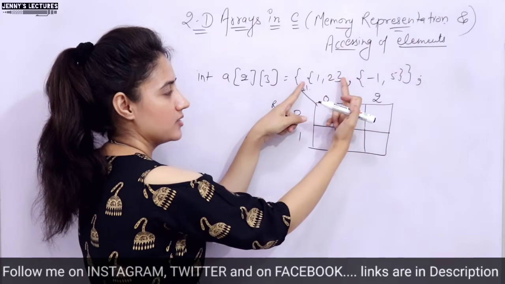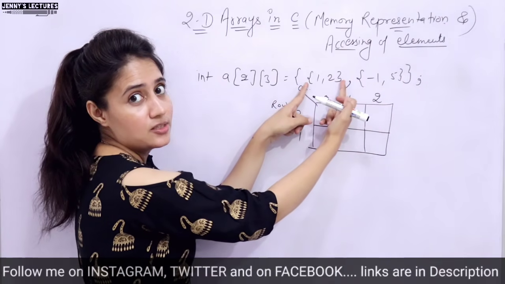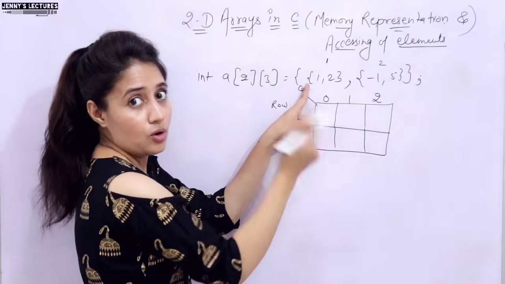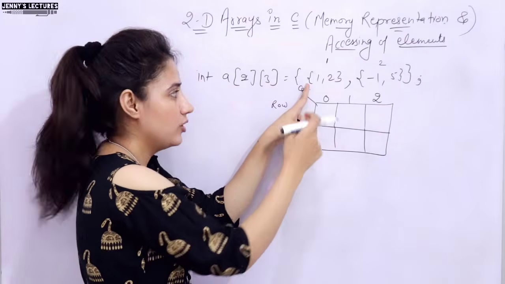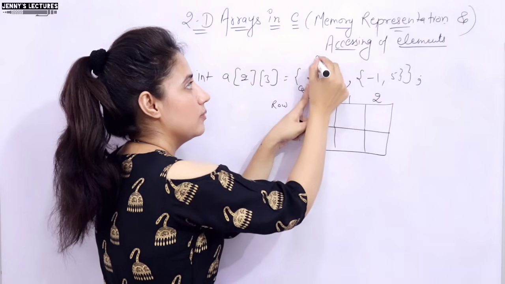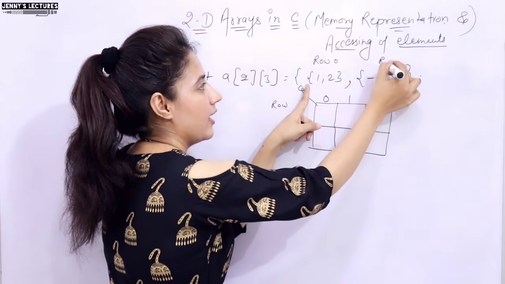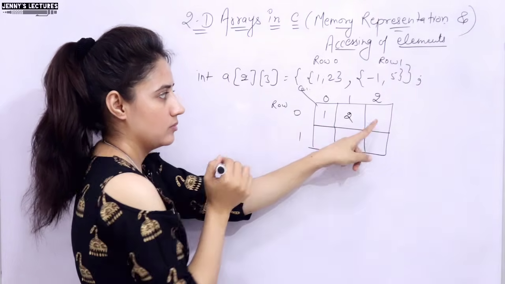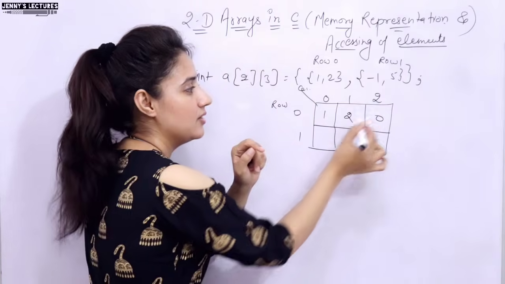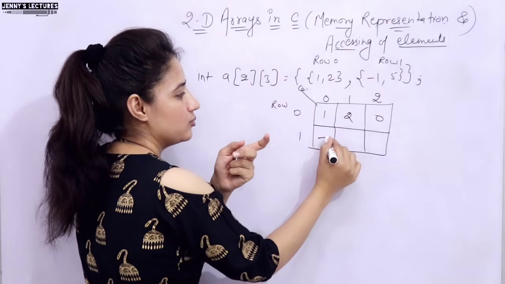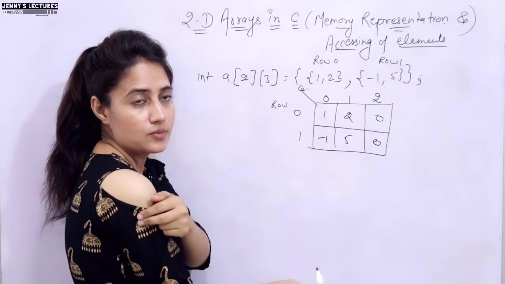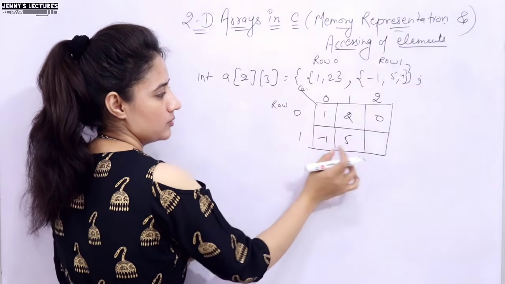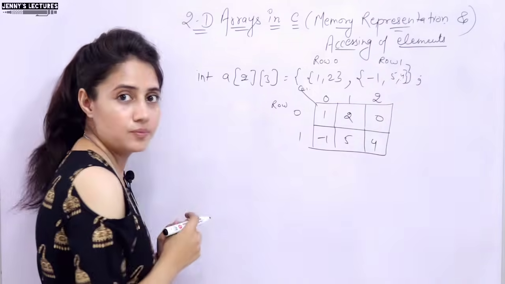So now I have used this approach. Within these separate braces, this pair of braces is for the first row, means this is first row, this is second row. Or if I write, I am denoting the row with index. So please don't get confused, this is row 0 and this is row 1. So in row 0 data would be 1, 2, and the remaining column is filled automatically with 0 by default. In row 1 data is -1, 5, remaining is filled with 0. Or suppose I am writing here 4. For this I am giving data for all the 3 columns, -1, 5 and 4, right.